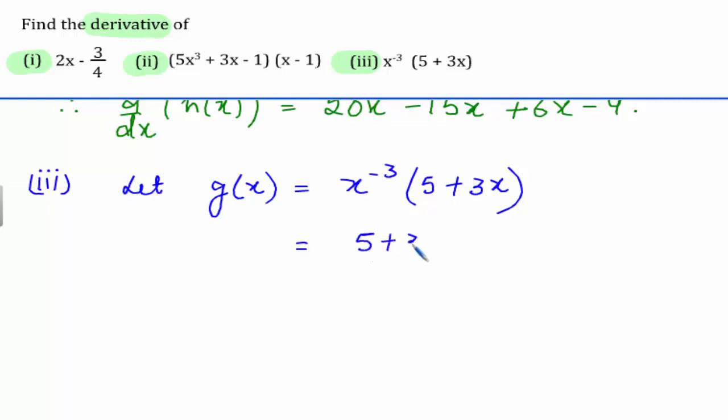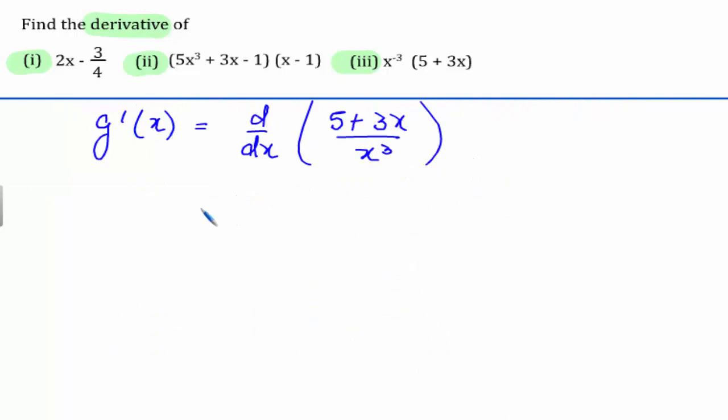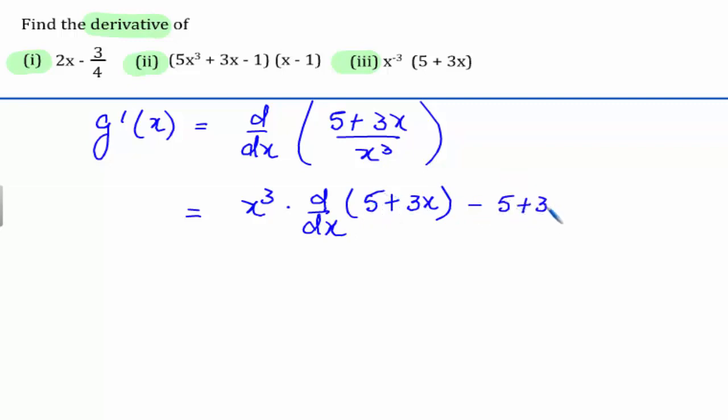Therefore, to find the derivative of g(x), we will apply the quotient rule. To find the derivative of (5 + 3x) divided by x^3 with respect to x, we have: x^3 into the derivative of (5 + 3x), minus (5 + 3x) into the derivative of x^3, whole divided by